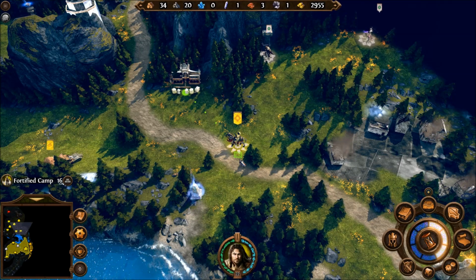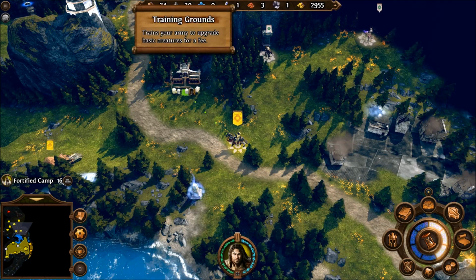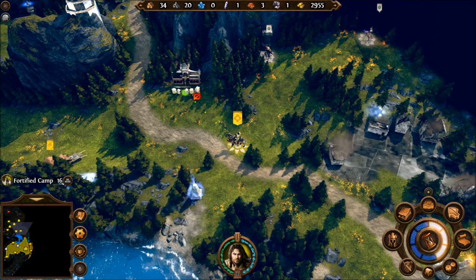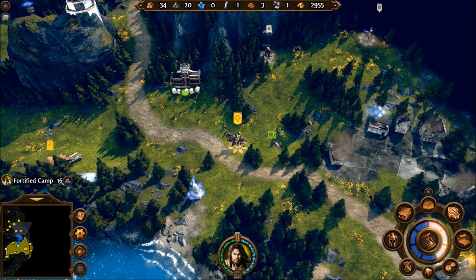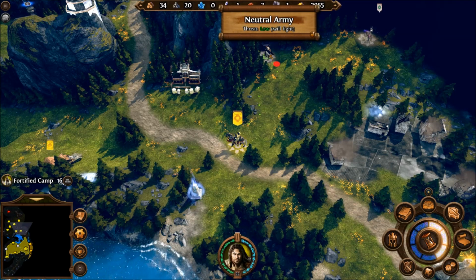You like the dramatic pause? I too enjoyed it. Anyway, ladies and gentlemen, we're going to come over here and we're going to upgrade, but not yet because we don't have enough money. So first we're going to go and kill all of those things, and then we're going to come back and do it. I have had uploading issues this last day, which sucks because I would have been caught back up,